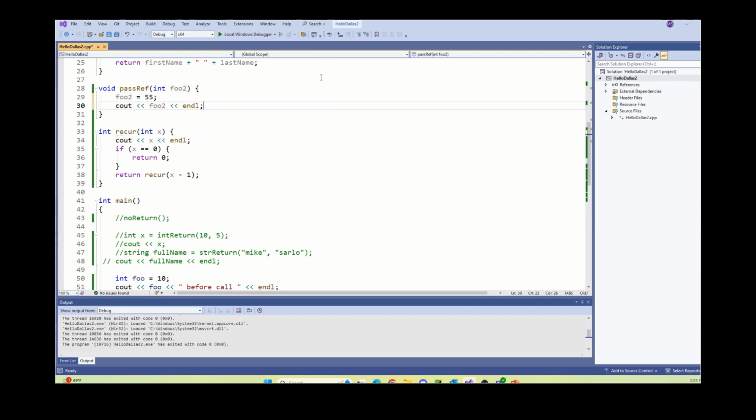Let's look at that again. What's happening inside the function? Notice this is a void function. This doesn't return anything. Okay? So now when I run it,